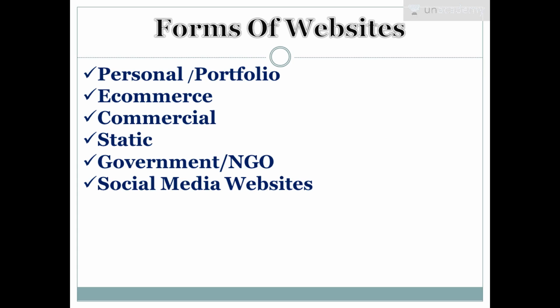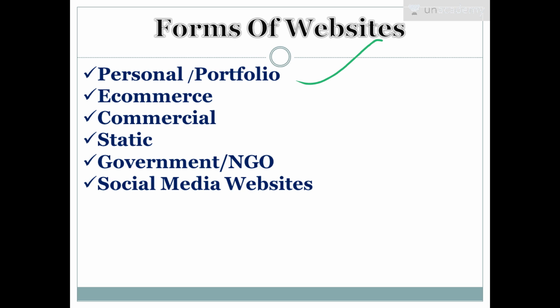So next, these are the forms of website, or we can say the types of website that we can see around us. The first one is the portfolio website or personal website. This website is created basically for any individual to make their identity or for personal use. Like if you want to make your own CV or show social media links to other people, you can develop a personal website or portfolio website. This website consists of personal information about people, and it is only a portfolio or static website.